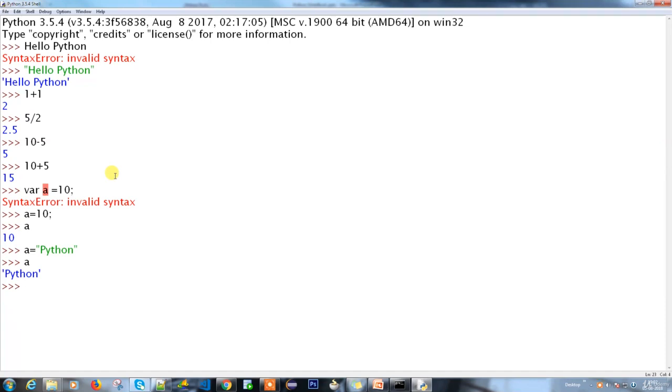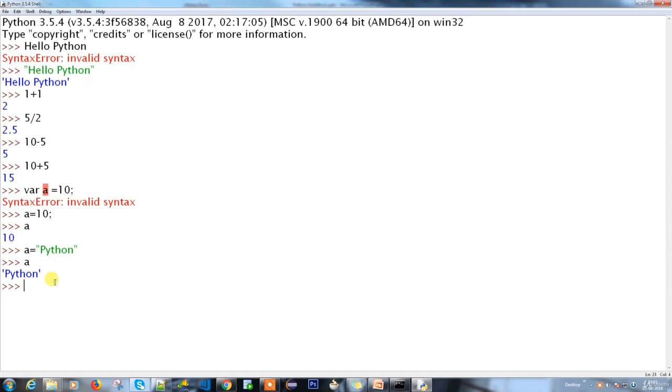Also, the value of a is not static. The first time I typed a, I provided 10. Then again I used a is equal to Python, so the 10 is overridden. Once the data is overridden, you won't get the 10 again. You will get the latest updated value.